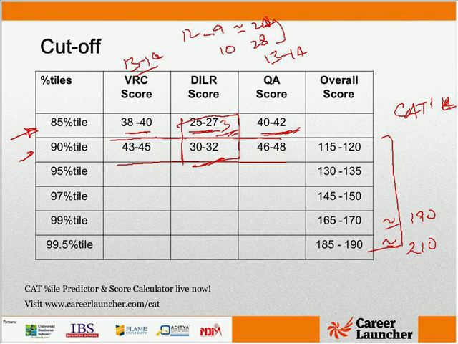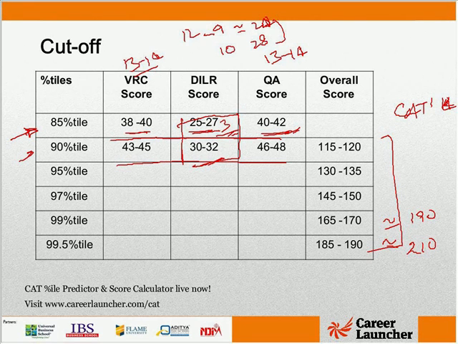I'll just give the mic to GP. Okay, just a small interruption. In the morning slot, we have been able to recreate the CAT question paper with the help of the students, and it is now available in the CAT score calculator. Now the same thing is being done for your slot also. Many students are posting questions, and we are trying to collate it into a single question paper so that you can have a very good idea of what your score is. Effectively we are having the question and the correct answer choice so that you can see, this is the answer choice which I have marked or not marked.